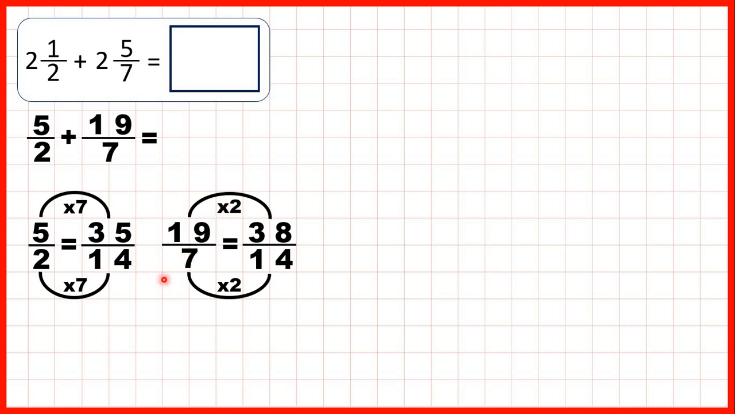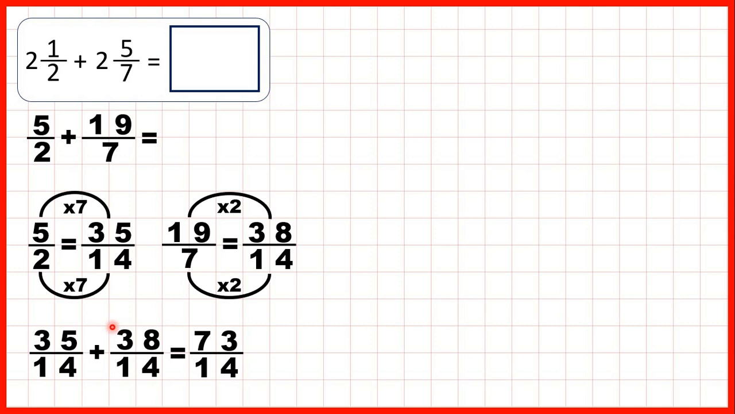But now we have fractions with a common denominator. So we can rewrite our question. Instead of 2½ or 5/2, we can write 35 over 14 because that's equivalent. And instead of 2 5/7 or 19/7, we can write 38 over 14. So now we have a common denominator, and that stays the same in our answer. 35 plus 38 is 73. You might need to use column method to work that out, but we have our answer 73 over 14 as